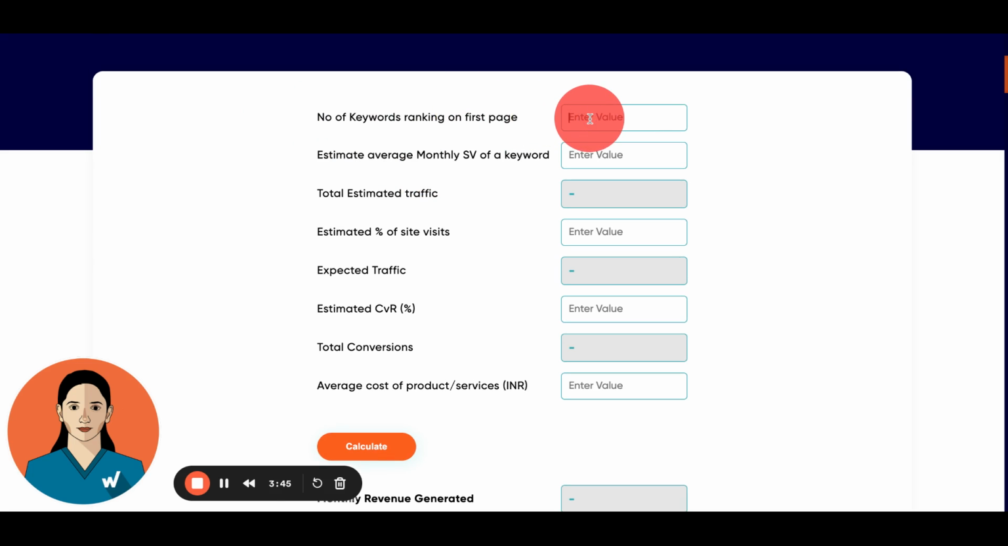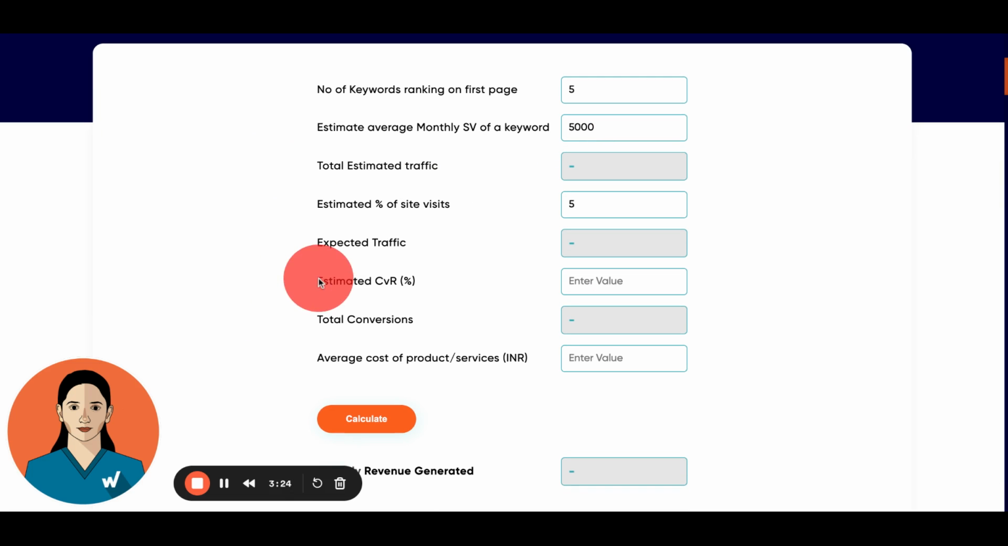Let's say you have 5 keywords ranking on the first page of search result, then estimated monthly search volume of a keyword, which is 5,000, estimated percentage of site visits, let's say it's 5%. Then we have to plug in estimated conversion rate, which is the percentage of website visitors who ultimately become your paying customer. So in this case, let's say it is reduced to 2% from 5%